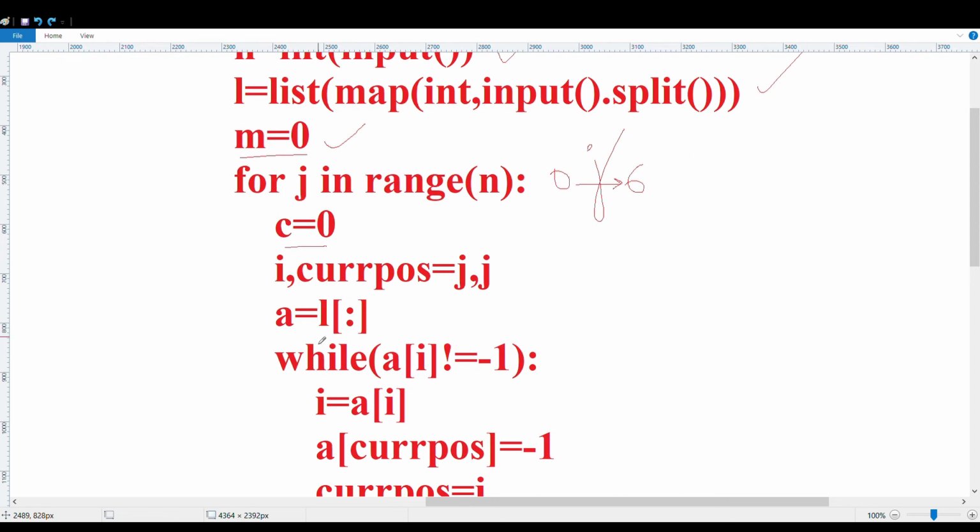Now next, you have another array. The array is the same as L. What will happen if you put A is equal to L? If you make any changes, it may or may not reflect in L. So what we are going to do is have A to be L of all the values. When you do it like this, if you make any changes to A, that will have no impact on L, or if you make any changes to L, that will have no impact on A. They will be entirely two different entities. So that is what we have done here.